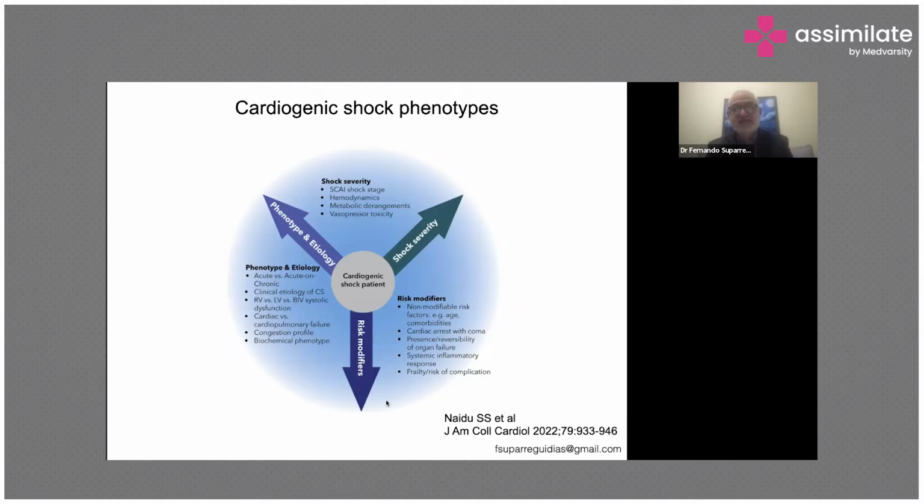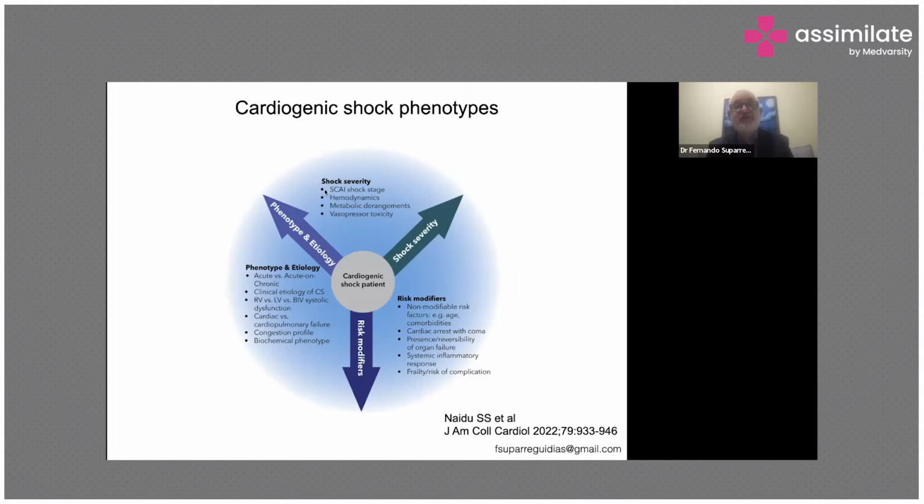And there are some studies, maybe since the 80s, in the last century, showing that patients with congestion, edema, pulmonary edema, and venous congestion had a high risk to develop cardiogenic shock during the course of acute myocardial infarction. So